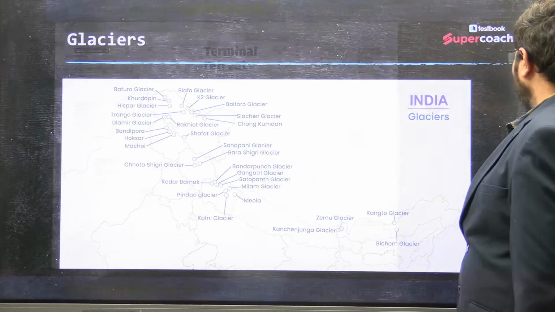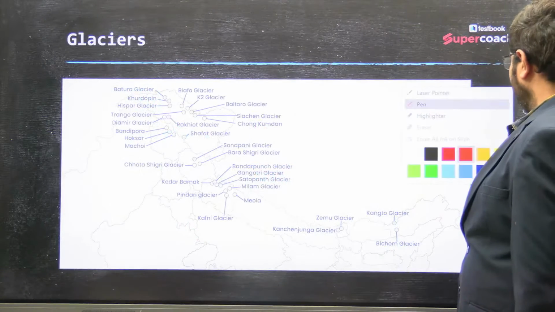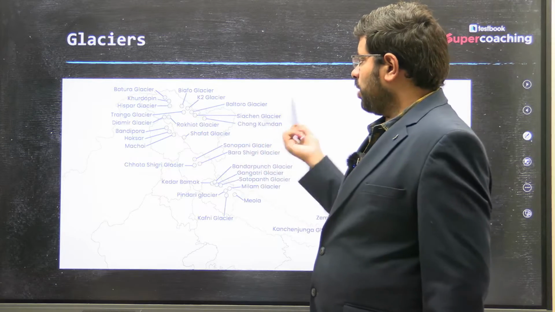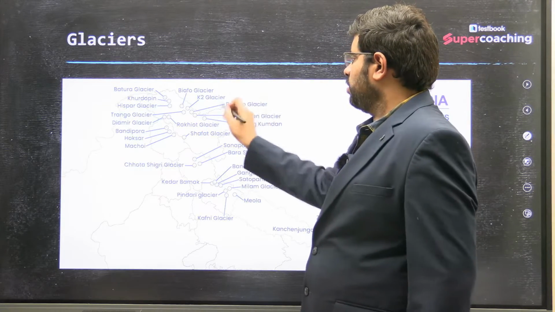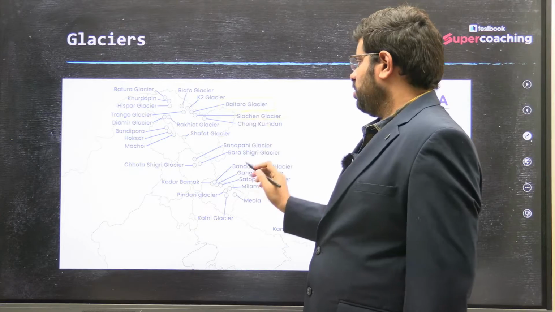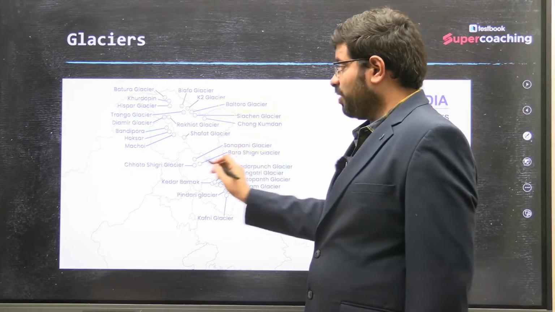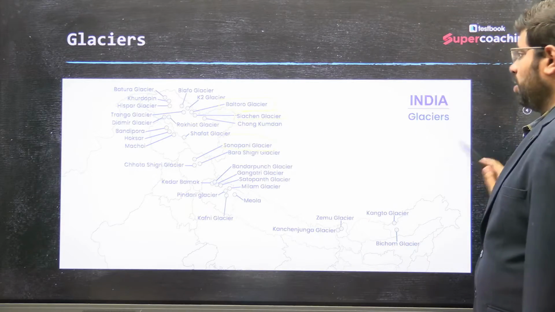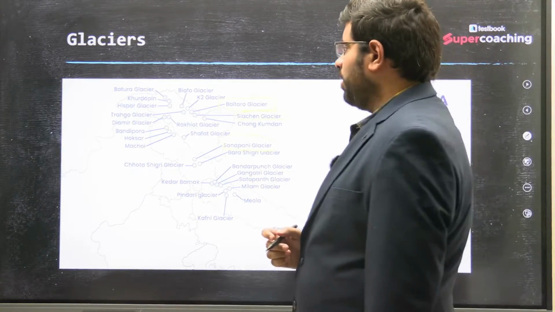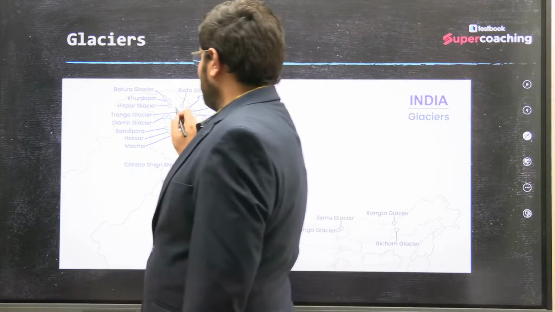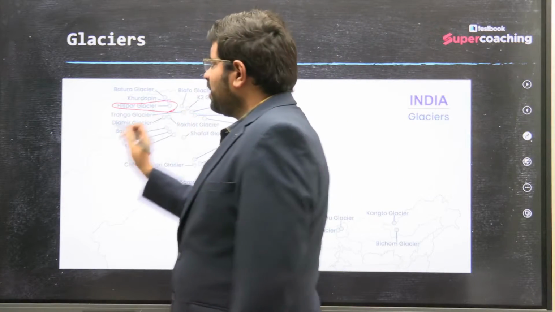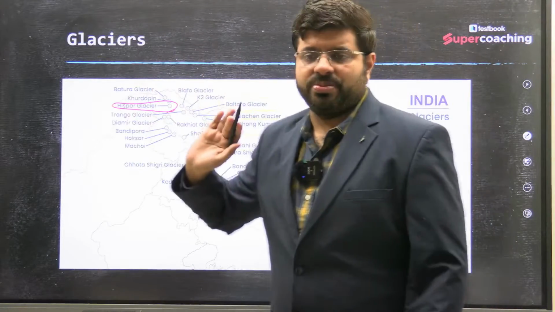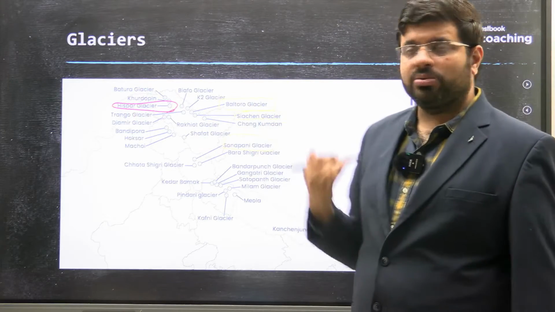Then I have given you the entire list here. You can see here, the entire list. Baifu, K2, Baltoro. So Baltoro Glacier, Siachen Glacier, Sunapani Glacier, which is part of the Pir Panjal range. Sunapani Glacier is one important one, right? Then you can talk about Hisper Glacier, another bigger glacier here. These are all located in the Karakoram range. Hisper is located in the Karakoram range, Pakistan-occupied Kashmir. Technically from India's map, Ladakh now, right?